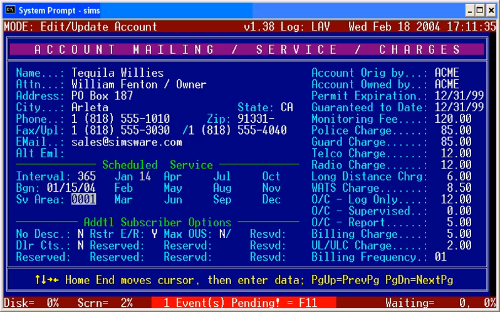I also have the ability to identify service areas. By identifying service areas, I can sort on these and get only the calls that are necessary, or generate only the calls for certain service areas. Now, let's just save this information, and although I can't give you a direct demonstration right now of the way this works, if you can imagine that,